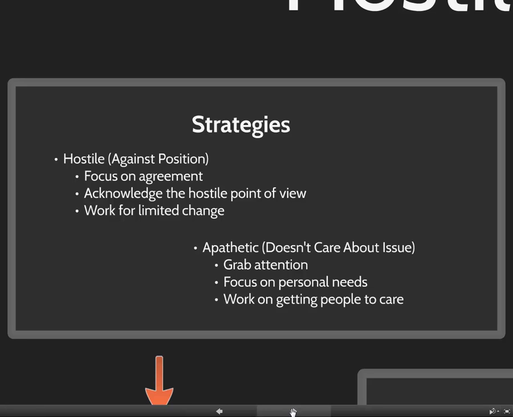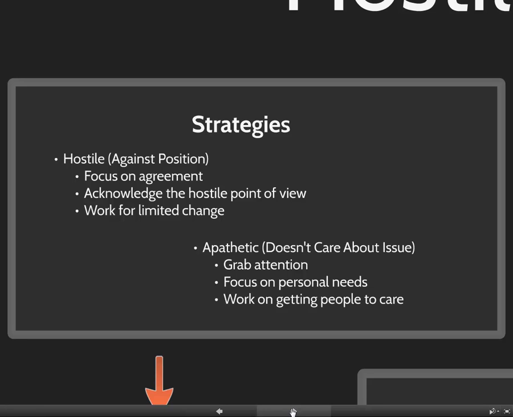They're more difficult to speak to in some cases than the hostile audience, who at least is familiar with the issue, cares about the issue. They show up caring about the issue. So if nothing else, what you have in common with the audience is that you both care enough about the issue to show up. So when you both care about the issue, you should focus on those points of agreement. You may need to acknowledge their point of view, and you may need to work for a limited change. In other words, maybe not all the change you want, but all the change you feel the audience is capable of doing. Again, it's about audience-centeredness, not speaker-centeredness.